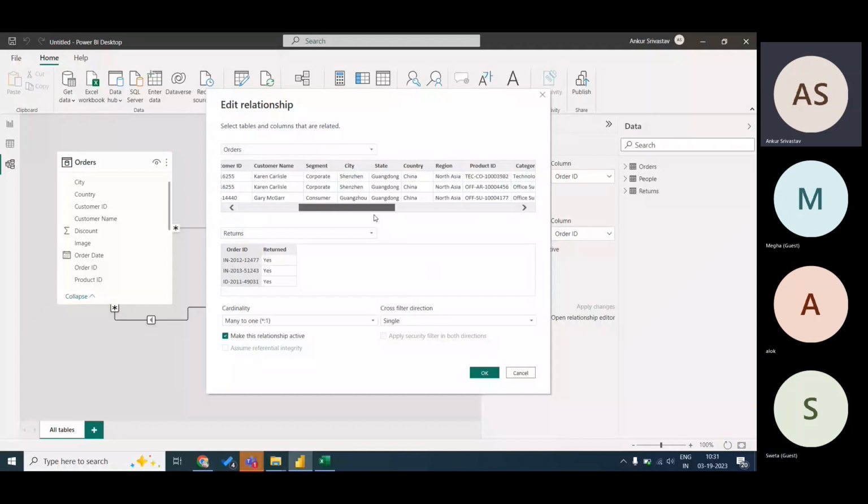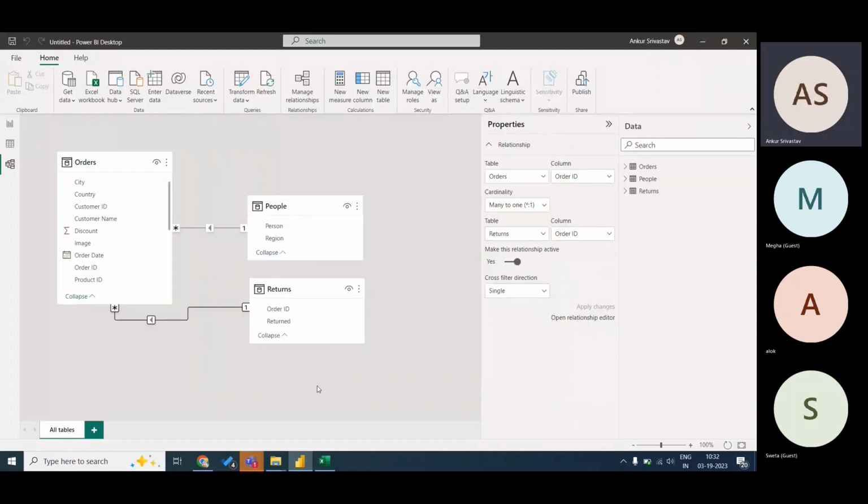See, order ID and order ID both are highlighted here, and it's again saying many to one. One to many or many to one means they have a one to many or many to one relationship. Now, if I have a relationship between these two, the order table and the return table,